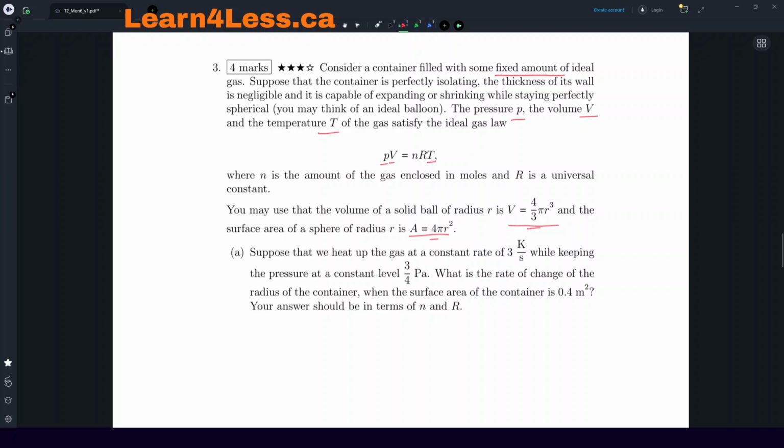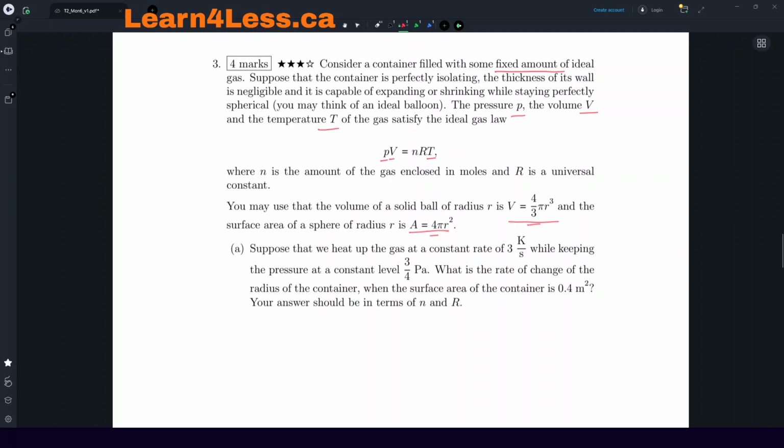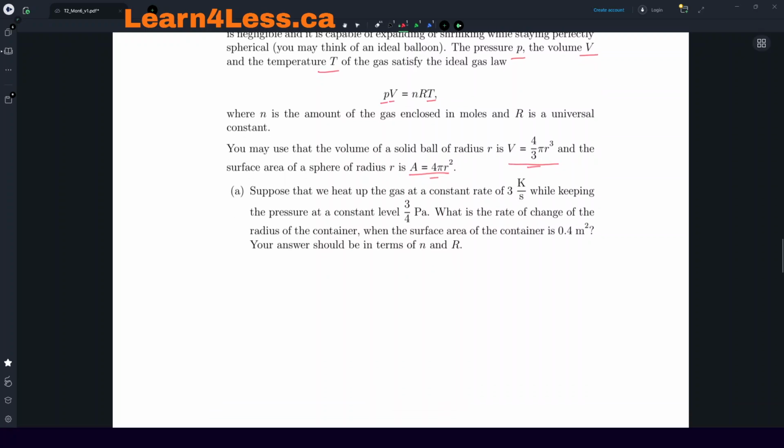Now in part A, they are asking, suppose that we heat up the gas at the constant rate of 3K/s. What is K? If you know that, that's helpful. If you do not, that is Kelvin. Okay, that's 3 Kelvin per second, which is basically a rate. It's a derivative. So basically they are saying that the derivative of temperature with respect to time,